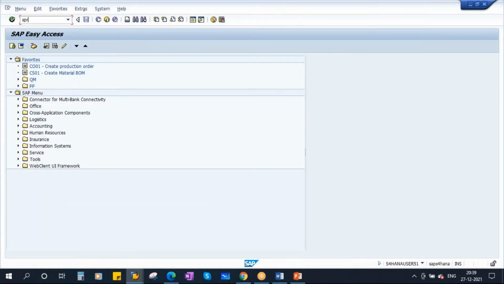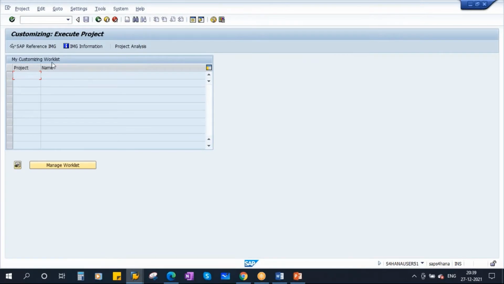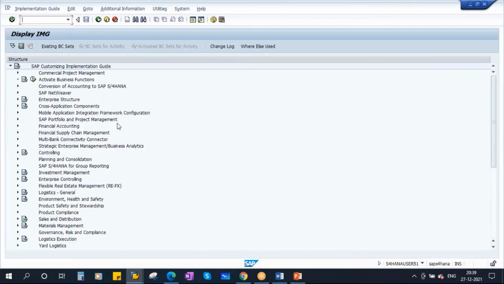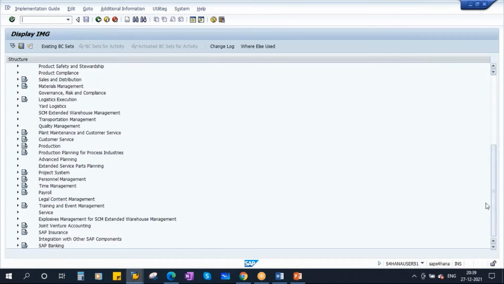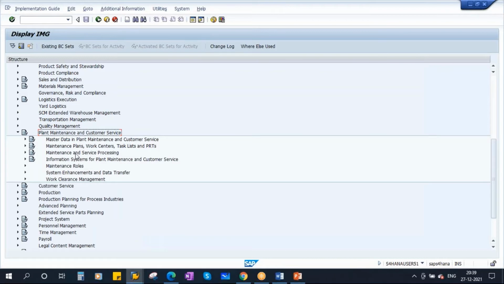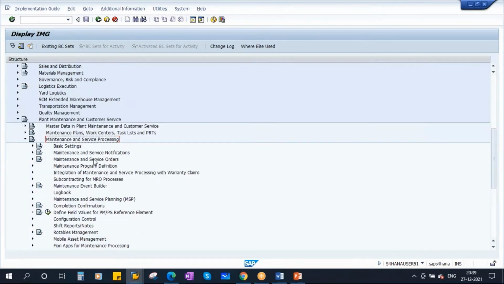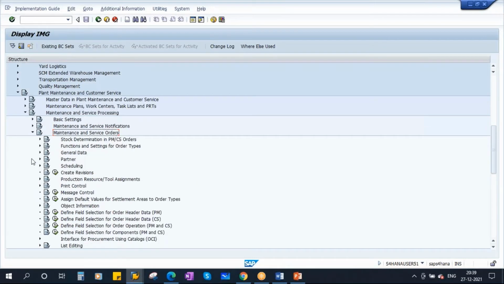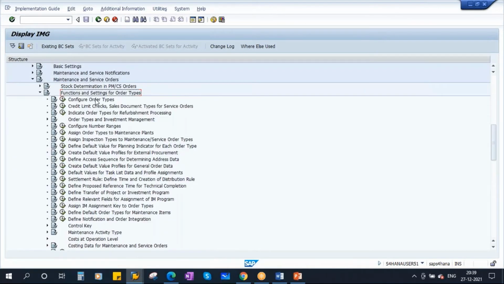First, let me go to configuration directly. SPRO, SAP reference IMG. Scroll down. Go to plant maintenance and customer service. Open this. Here you have maintenance and service processing. Open this. Maintenance and service orders. If you go there, functions and settings for order types. If you go there, you have here configure order types.